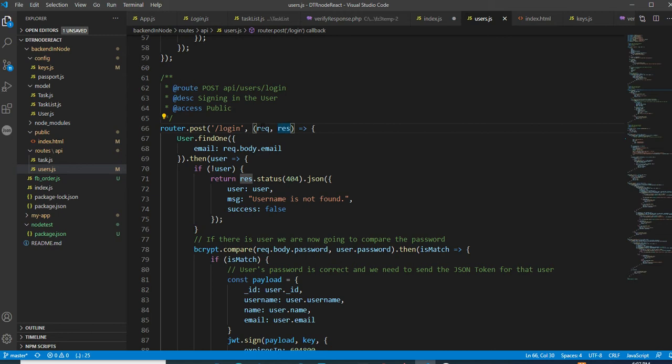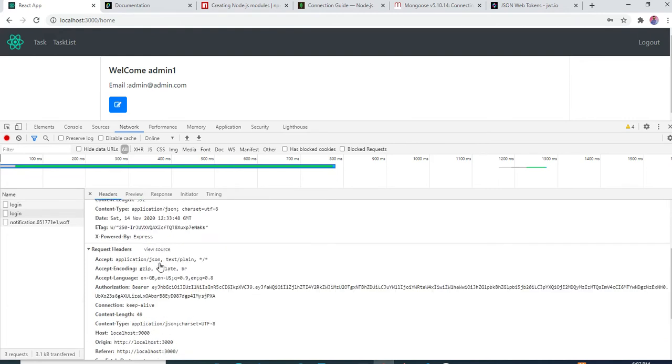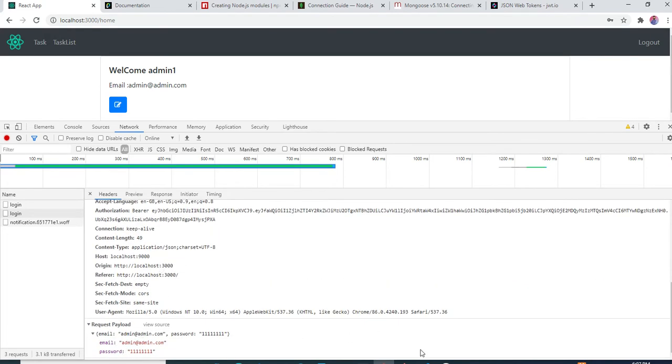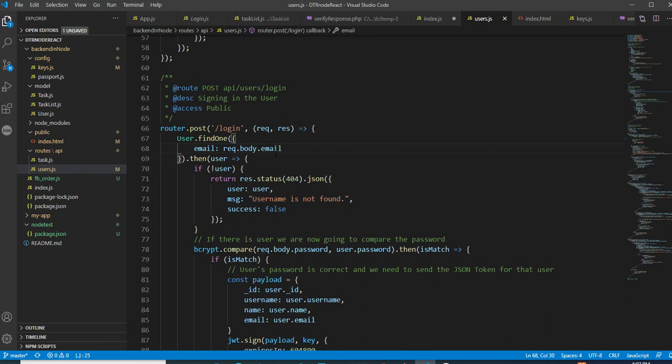If you console log the request, then you will get all the passed data. What is the passed data? The passed data is this one here, email and password, and now you have collected it. How do you collect it? If you do request.body, then you will get all the data, and if you do the email, then definitely you will get the email.